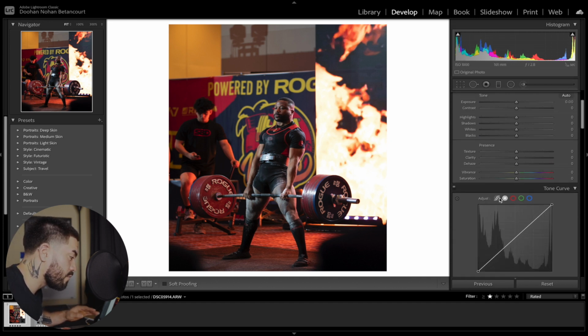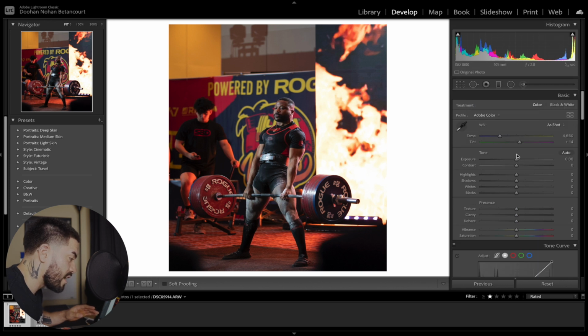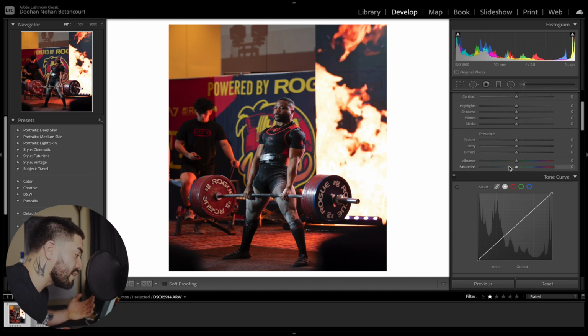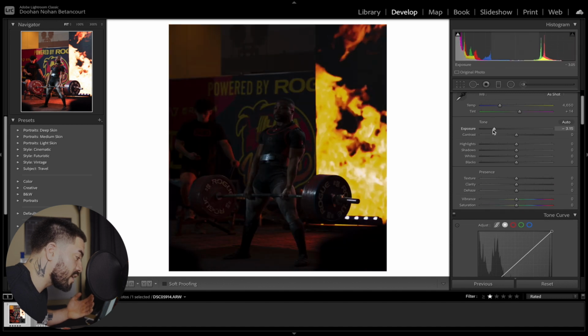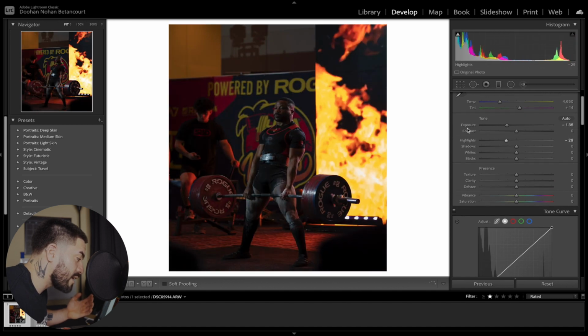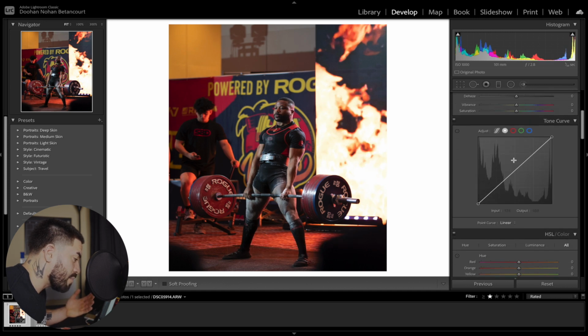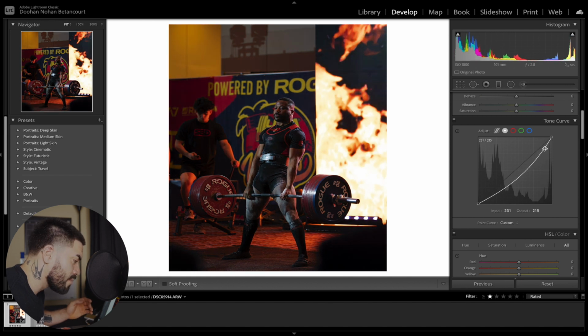Next things next, quick tip on my end, I always like to start off with the tone curve versus the exposure tab over here, because whenever you use the tone curve, for some reason you don't get as much grain as if you would start with the exposure first, the highlights and all that. The amount of grain that you get from overexposing a picture in your tone curves is reduced. So overall, it looks like an already nicely toned, exposed picture.